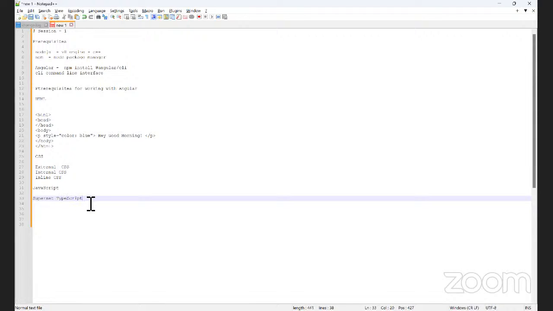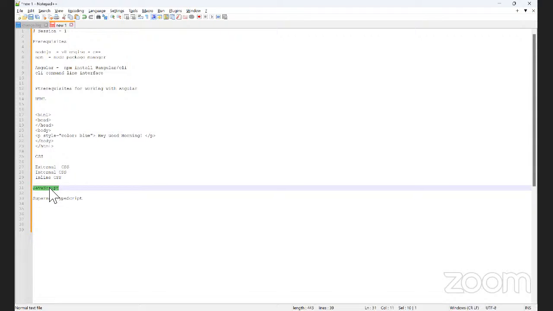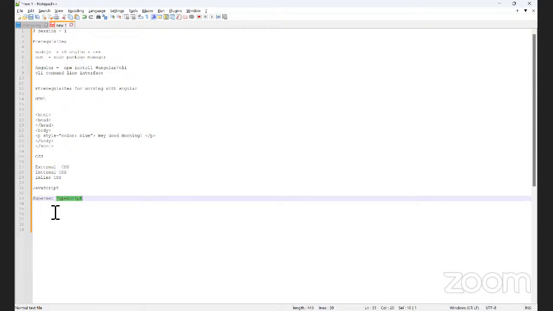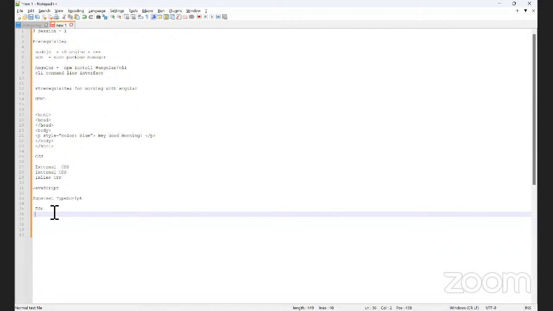TypeScript is the superset of JavaScript. Whatever features JavaScript has, this also supports, but there are more extra features, like ES6 features and type conversion.